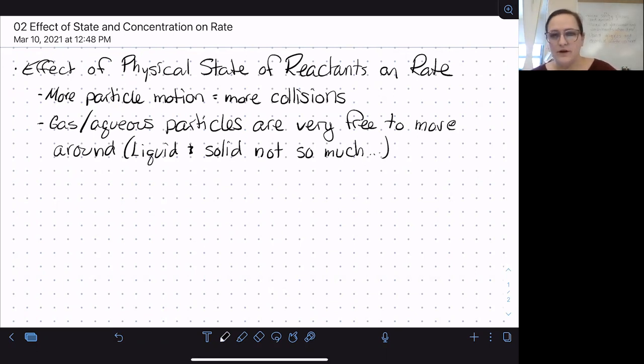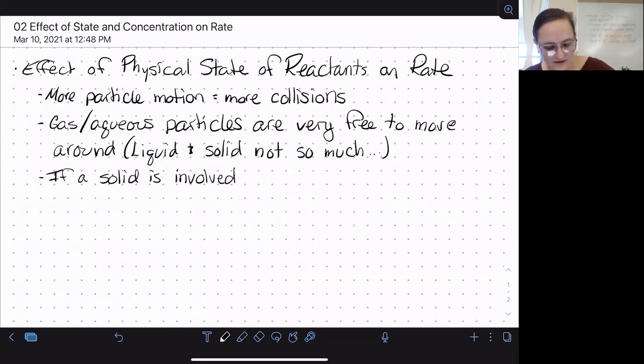Most reactions that we study in terms of kinetics for the purposes of this course, at least, are either homogeneous gas or aqueous phase reactions for this reason. They tend to be easier to study in a lot of cases, and they tend to proceed pretty quickly, which is why these types of reactions are common, because it's easier to get them to go at a reasonable rate. If a solid is involved in your reaction, it will often be slow, not always. But if a solid is involved,